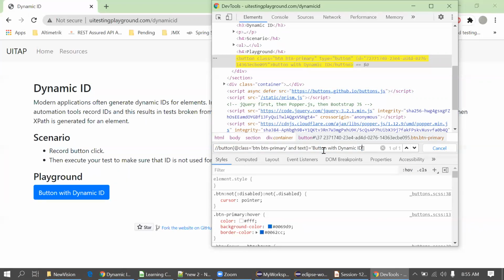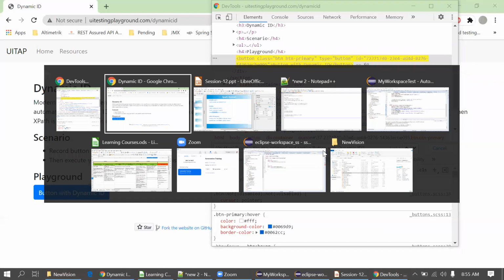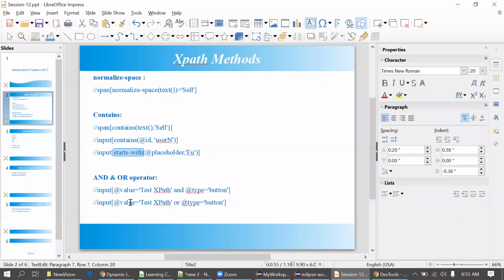Okay, fine. Then the last one is the OR in this slide. In OR, either the first condition should pass, meaning we should find the locator, or the second should pass. If either of the two finds the locator on the UI, then we should get the proper web element.